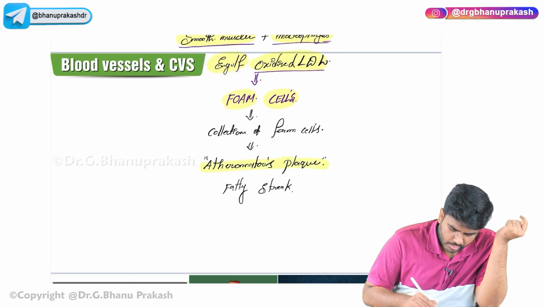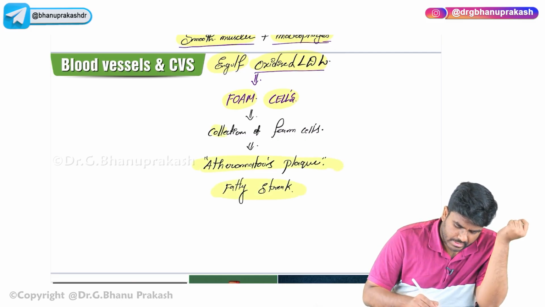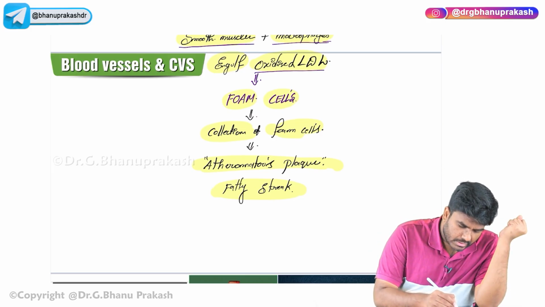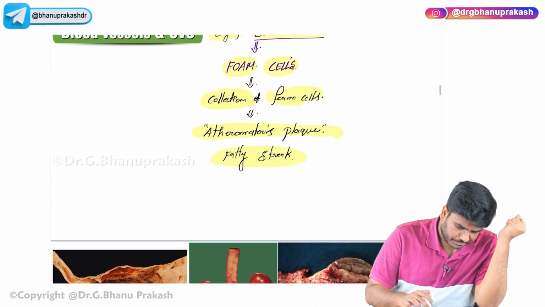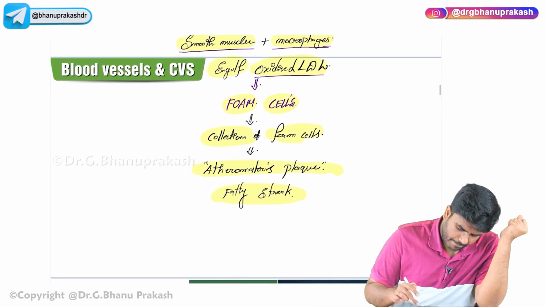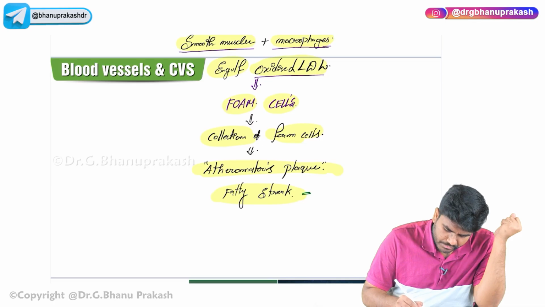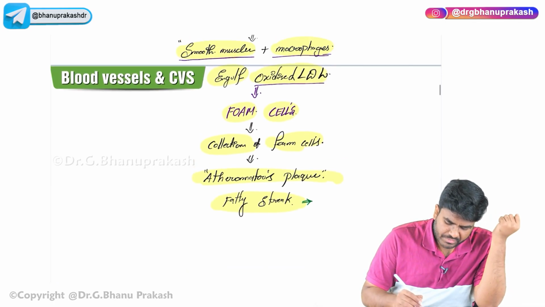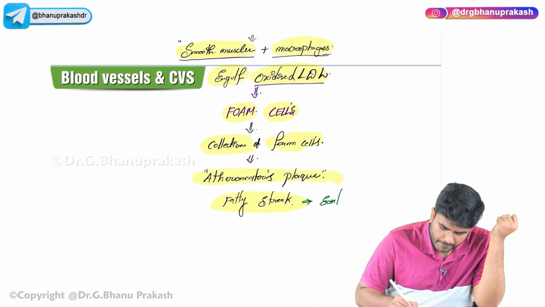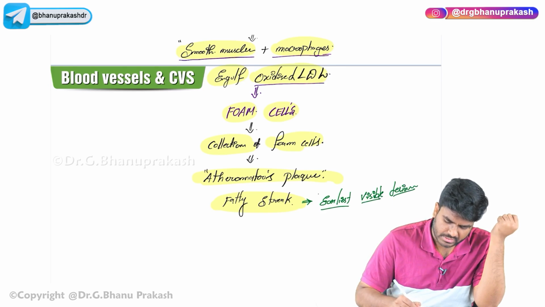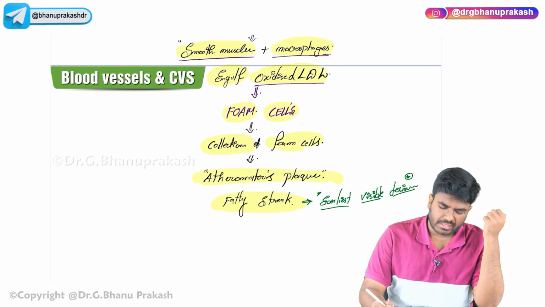So the important point which I want to put into your mind is this fatty streak. It's nothing but a collection of the foam cells. The fatty streak is the earliest visible lesion. With eyes you can see this. So the earliest visible lesion in atherosclerosis is a fatty streak, and fatty streak is nothing but a collection